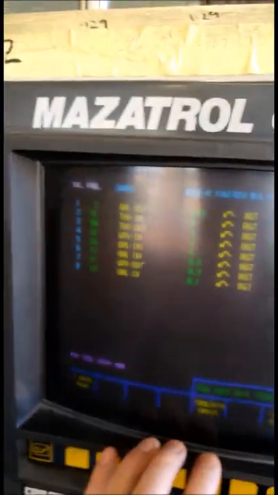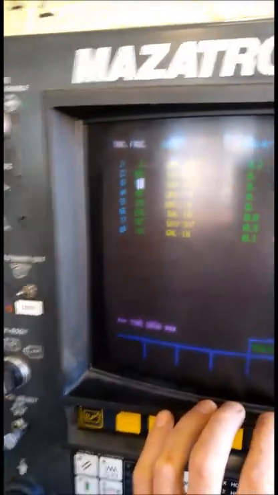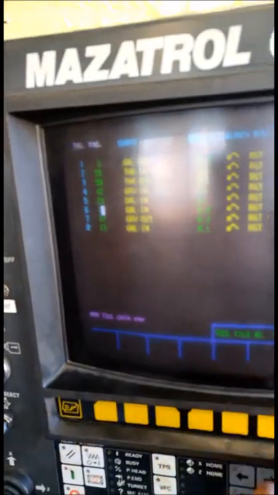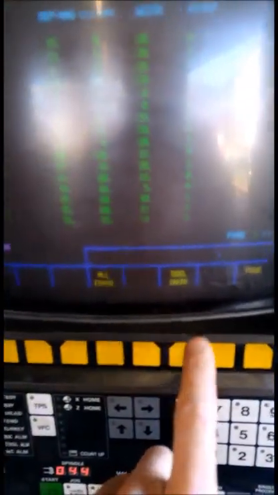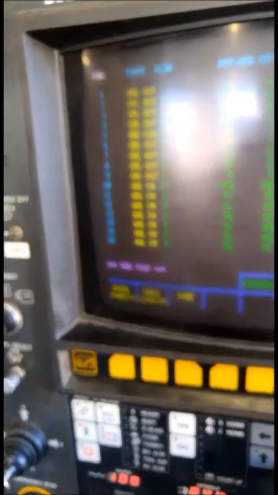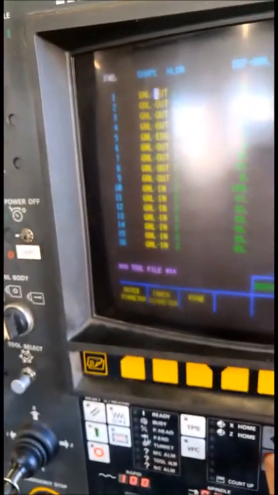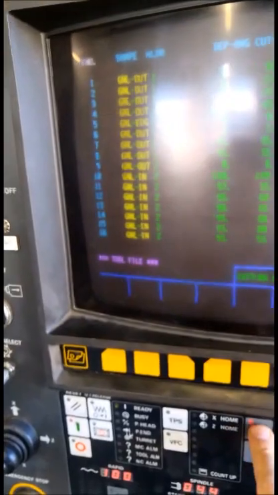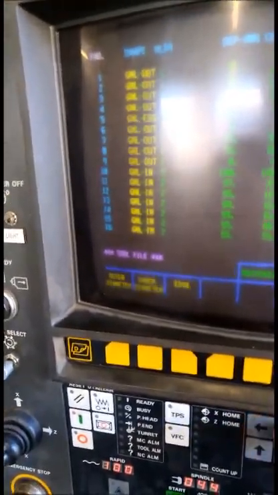It's got each tool you've got and a file number. So the different file numbers, if you go down to the tool file, that lists all of the tools that you've got in your collection, I guess, and all their different details that the controller needs. So the tools I'll be using for this job is